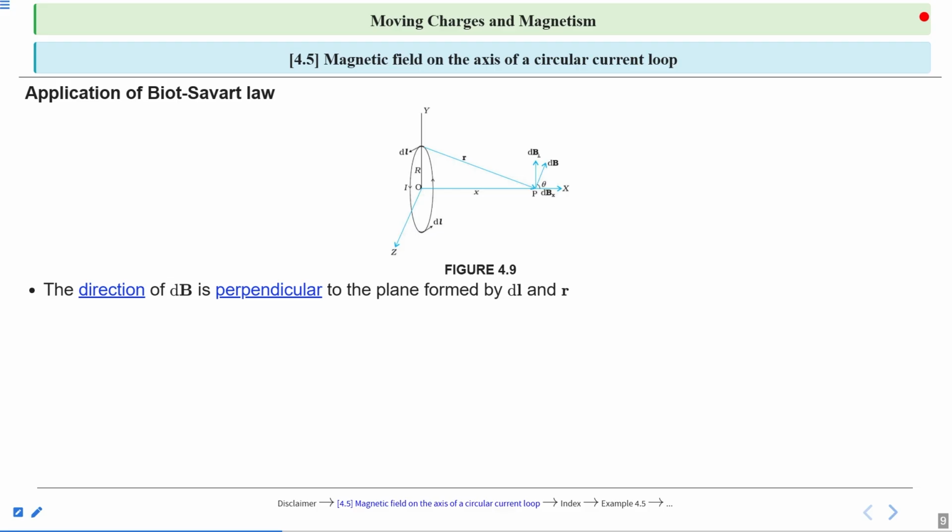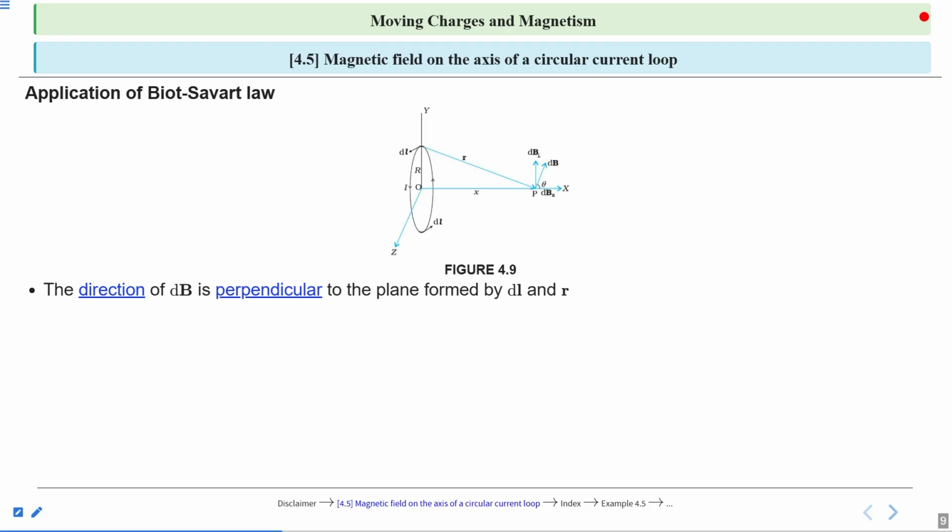dl is in outward direction. If we consider the dl at the top of the loop, it is in the outward direction, along the z direction. And r is along the xy plane, from dl to r. So the plane formed by these two vectors will be,